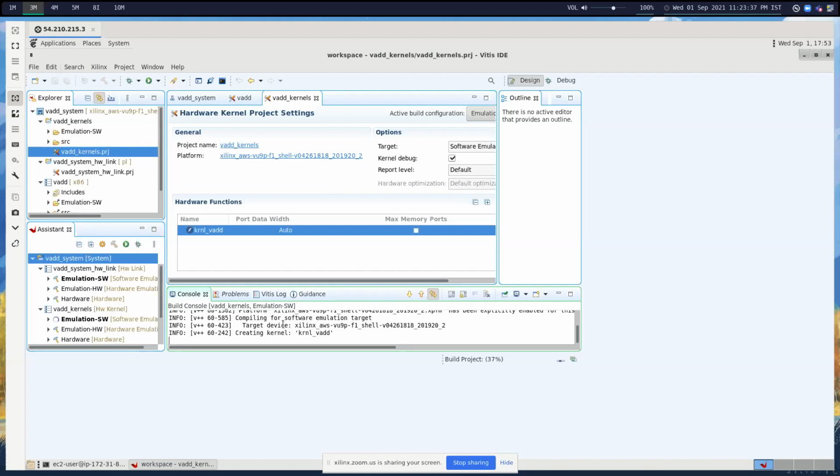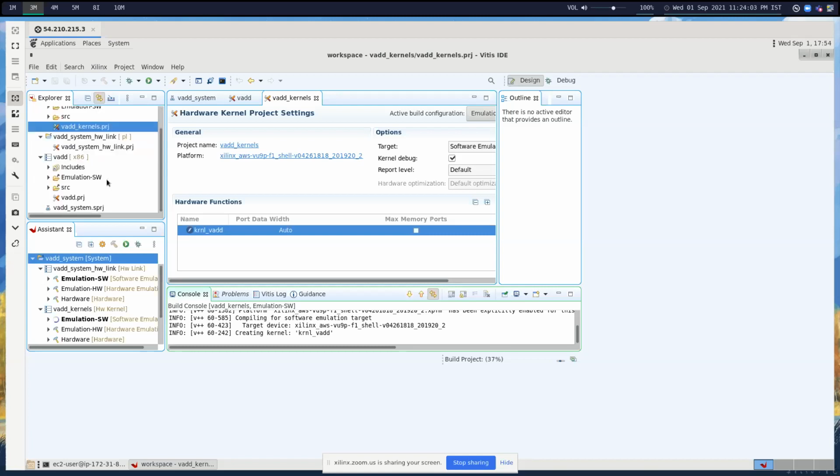If you have used FPGAs, typically when you go through RTL flow, and you implement the design, you get the bit file, with extension BIT. For this one, it is XCL bin. Okay, basically for Xilinx kernel